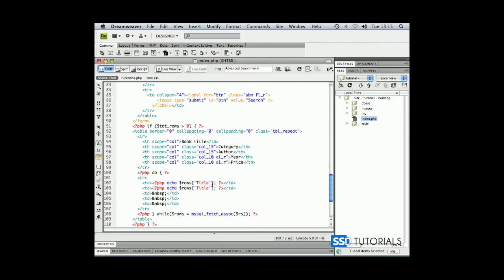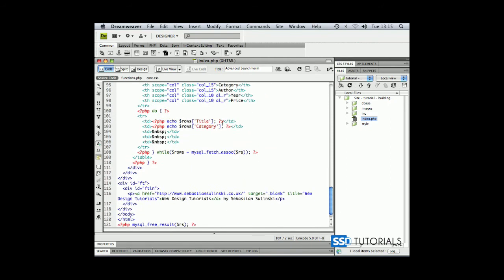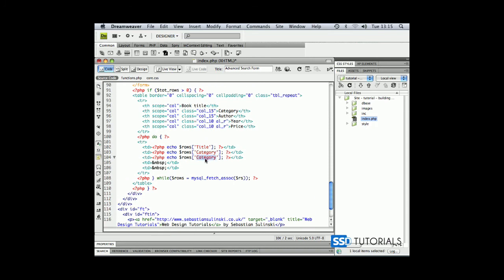Next field will be category, and I think it was category. Let me just quickly check. Category, yes, category name as category, that's fine. Then we've got year, price, and author. Okay, so copy this whole thing. Third cell is the author, so author. Then we've got year as year,